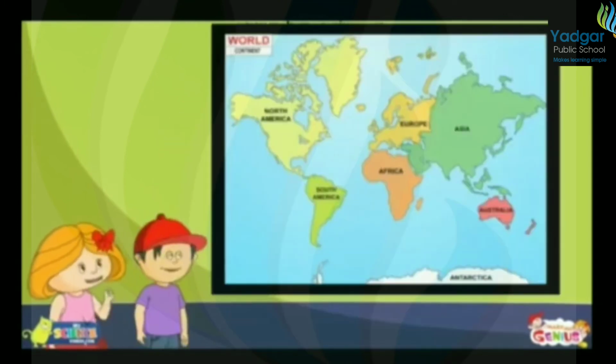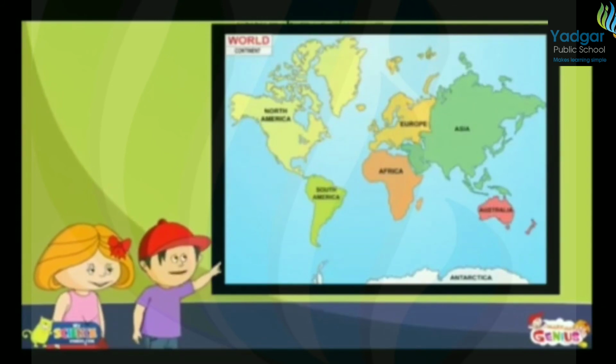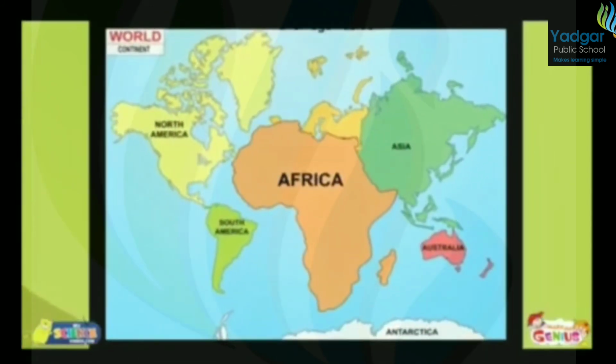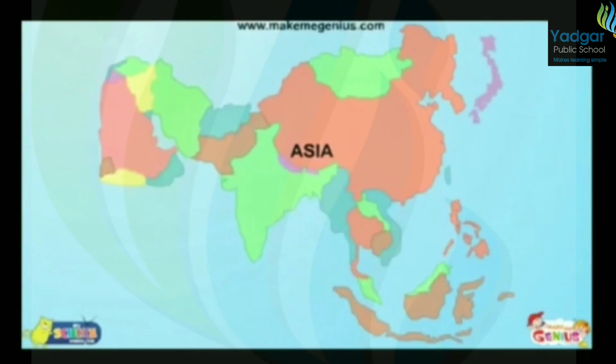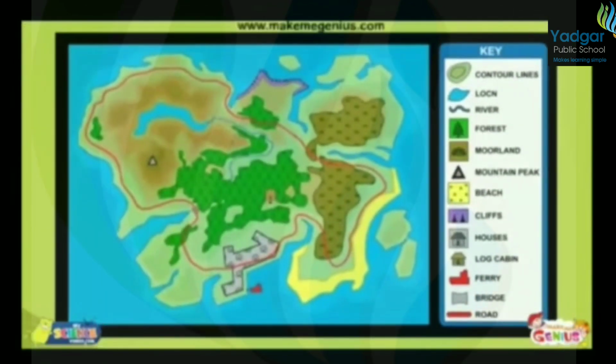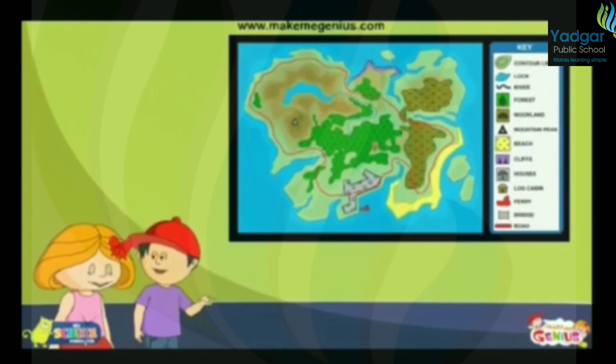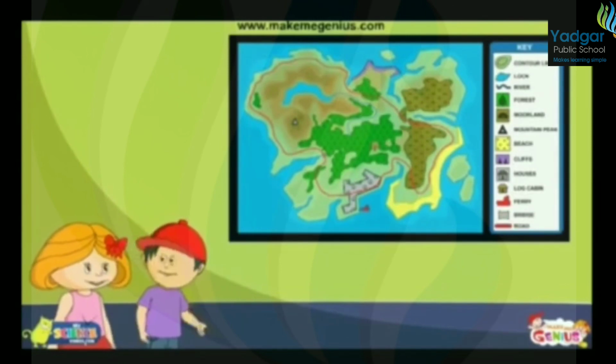Can you show me Africa on this map, Jimmy? That's there in orange color. You're right, Jimmy. Different colors means different countries, states, etc. The cities are shown with the help of a dot and the capital are shown by a star. Some maps give us map keys to help us understand these different colors and lines that are given on the map. That's great, Ginny. It would make it easier for us to understand a map.